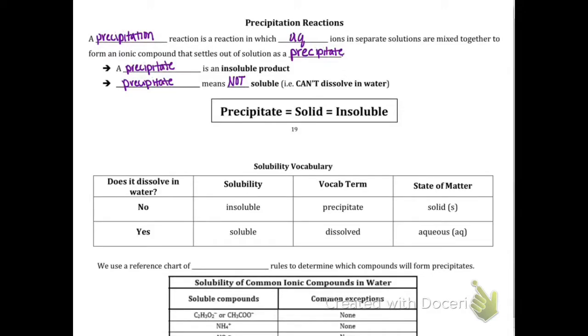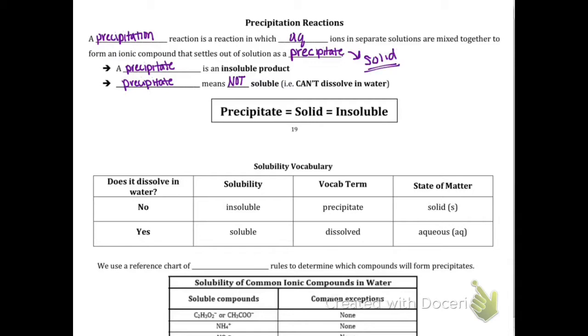Okay, let's talk about precipitation reactions. A precipitation reaction is a reaction in which aqueous ions in separate solutions are mixed together to form an ionic compound that settles out of solution as a precipitate. Remember, a precipitate was a sign of a chemical reaction. Remember, it's a solid